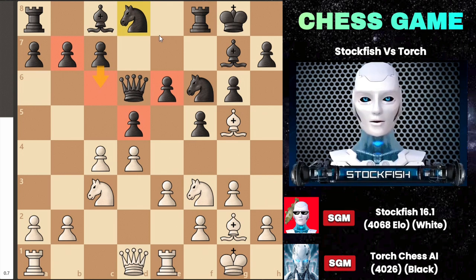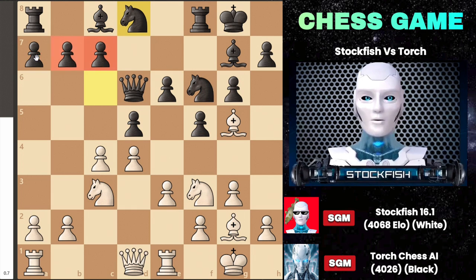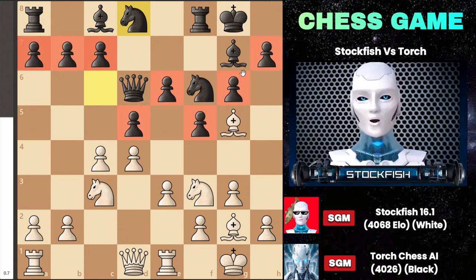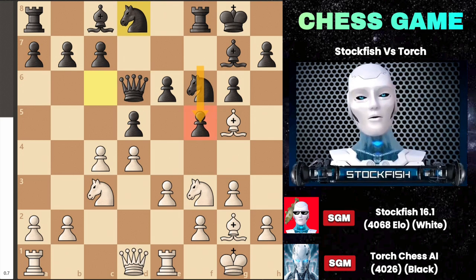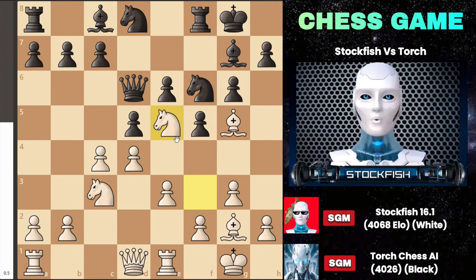Moving the knight to f7 creates pressure on the bishop on the g5 square. You can see in this position that the Torch structure and piece positions are completely immobilized and unable to move due to limited space, caused by the f5 move played earlier. At this juncture, I played knight to e5, directly dominating the board's central squares and putting pressure on valuable black